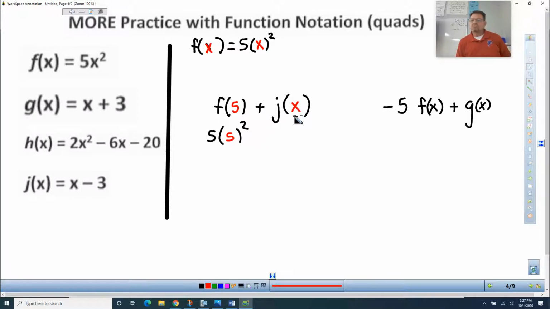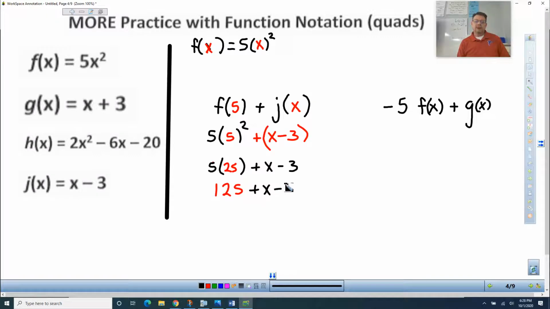And what about j of x? That's pretty much the deal, right? So we're just going to bring in j of x, which is x minus 3. Okay, so plus x minus 3. So that's all we got going on for that for the moment. So let's simplify this guy here. So 5 times 5 is 25. So that's going to give me 5 times, then we got plus x minus 3. So we said that's 25. Then 5 times 25. So 5 quarters is $1.25. So there we go. So now we got $1.25 here